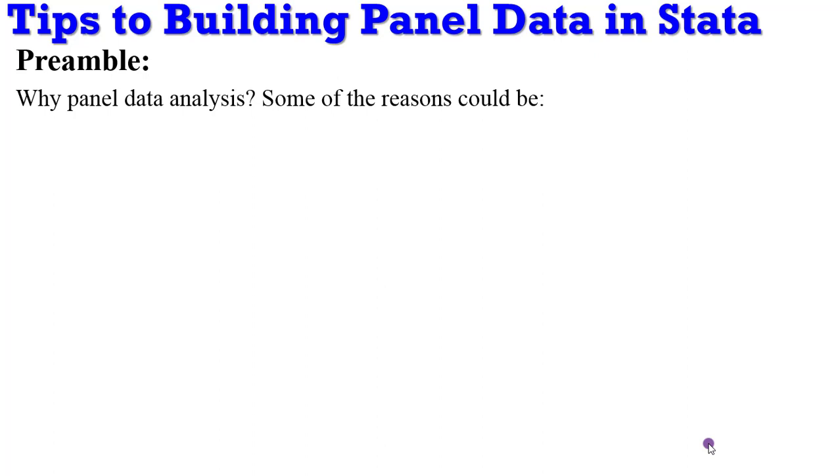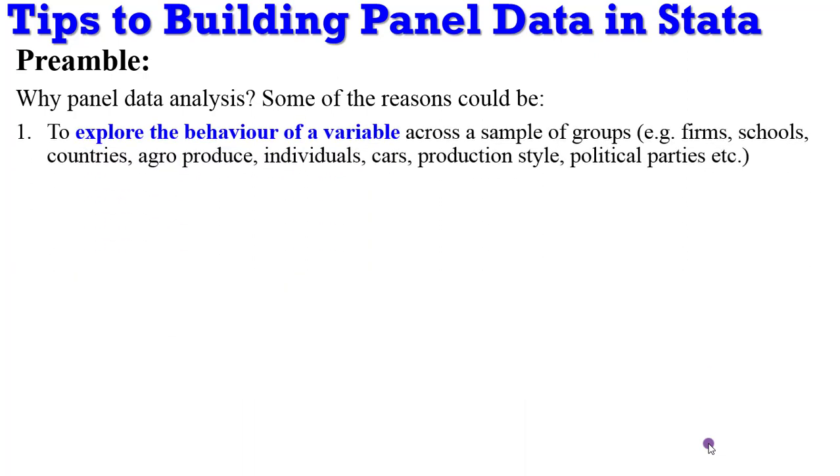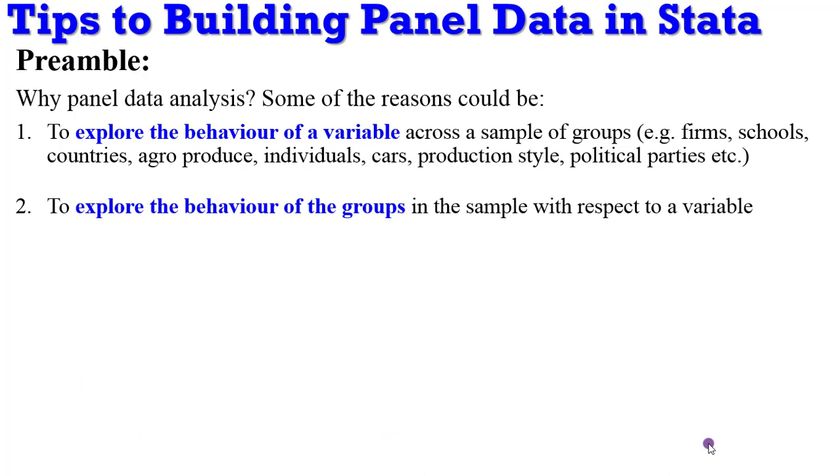Some of the reasons could be that you want to explore the behavior of a variable across a sample of groups, and the groups in this case could be firms, companies, schools, countries, agro produce, cars, individuals, political parties. It could be anything. You may also want to explore the behavior of the groups in the sample with respect